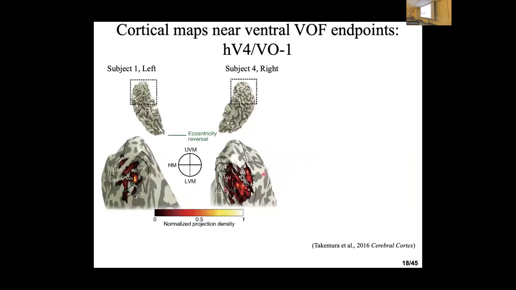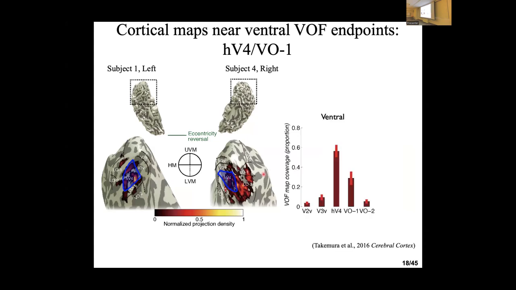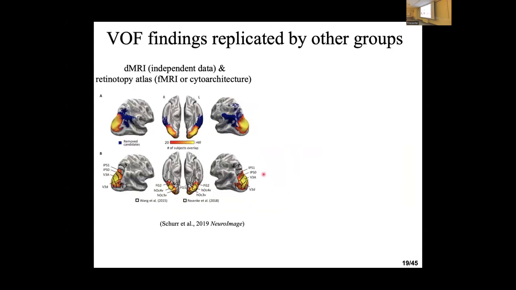So let's turn the brain and look at the ventral side from the bottom. Again, we can delineate the border between visual areas based on retinotopic sign reversal. Our observation is consistent from hemisphere to hemisphere. We can see a fourth visual area, which we term hV4, consistently appearing near the VOF endpoint on the ventral side of the surface. This VOF endpoint is near other neighboring maps, but we consistently see hV4.